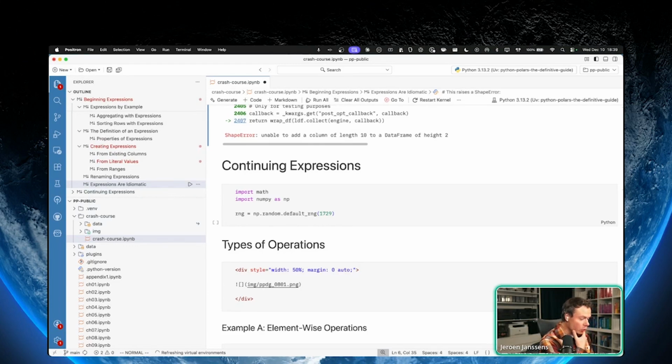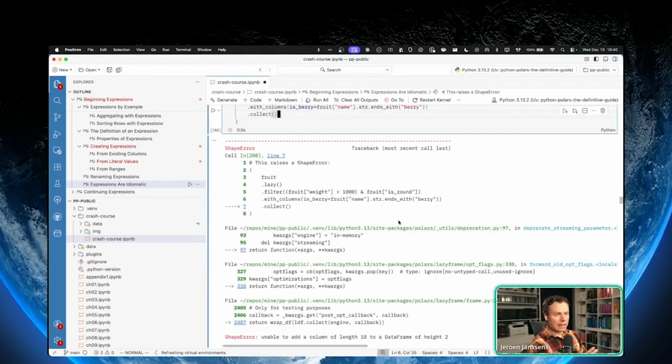So pl.select can create a new data frame. Well, in fact, all those methods that I've shown you create a new data frame or lazy frame, but they do not modify in place. Yeah, they create a new object. But what you're perhaps referring to, Ole, is pl.select. Oh, you're saying pl.select. Yeah, pl.select is,